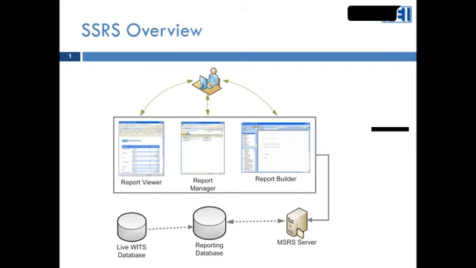Quick refresher on how SSRS works. This is the overview that I'm sharing here on my screen. SSRS is comprised of these three main components. We have the report viewer that is web-based. So this is the component that allows you to view the published report within your web browser. And the web browser you have to use is Internet Explorer. SSRS is a Microsoft tool, so you need to use Internet Explorer, the same as you have to do with